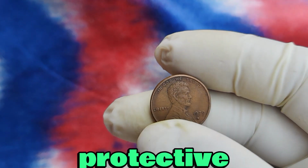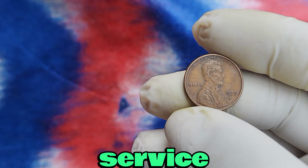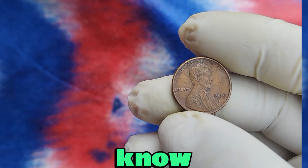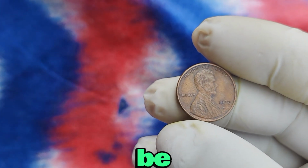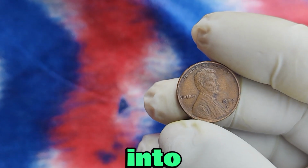Store it in a protective holder, and take it to a professional coin dealer or a certified grading service to get it authenticated and graded. Once it's graded, you'll know just how much it's worth, and you might be holding a gold mine in the palm of your hand. Imagine walking into an auction house,